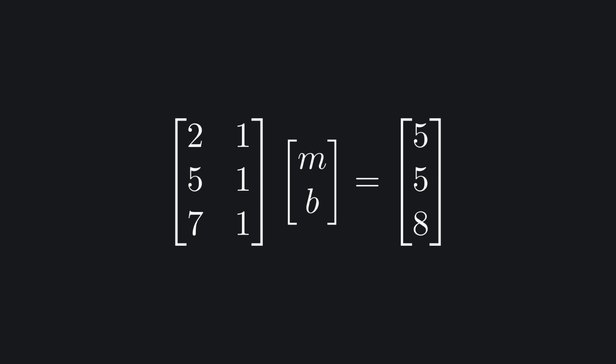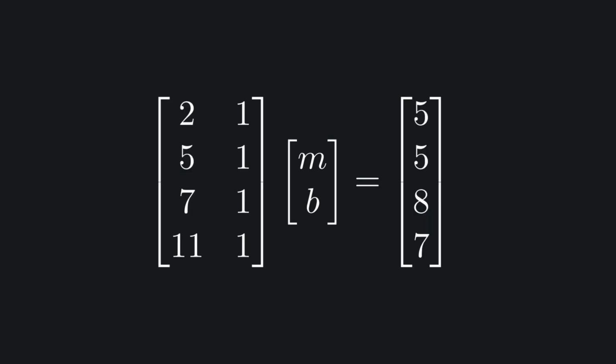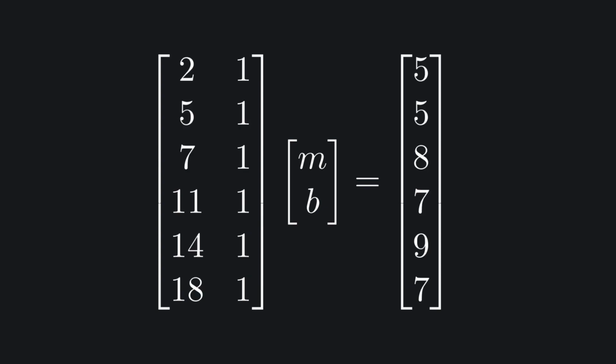To understand why this is, let's look back at the graph. This line we had calculated does not pass through the third data point. But changing the line will not do. The problem is not that we have the wrong line, but rather that no line can cover the 3 points. The equation is now what we call overdetermined and does not have a solution. But this is math. When did something not having a solution stop us from trying to solve it? Let's completely ignore that fact and add the 4th, 5th, and 6th and last points.